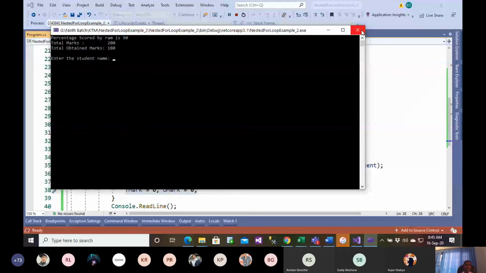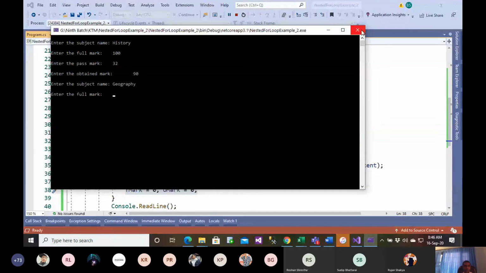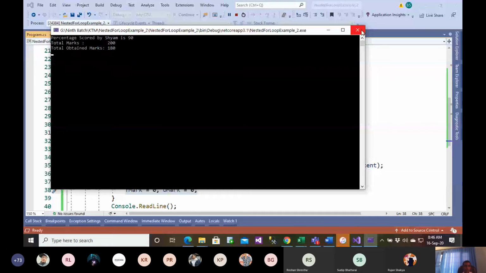For the first candidate it's very fine. The second candidate is Sam, again 2 subjects, again history, 100, 32, obtained mark again 90 for him also. Geography, 100, 32, and obtained mark, let's say again he obtains 90.